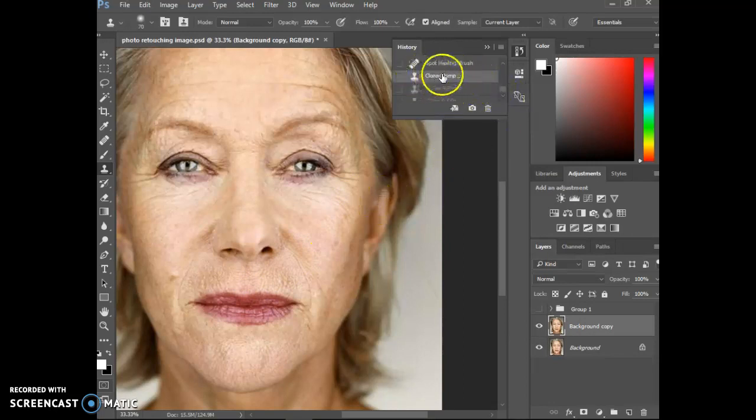You can see that was the one clone stamp that I did. I'm in my history. That was one clone stamp. Again, she's still looking really, really natural, but we're just reducing those things that she asked us to reduce. Okay? Now, as I keep going, I can go into this menu, and I've got this little guy called a